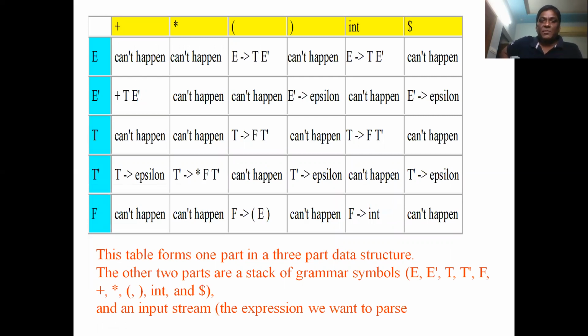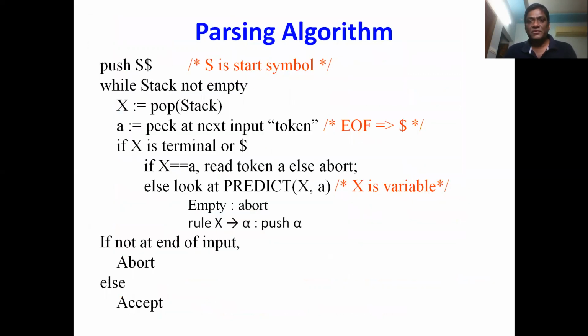The cannot happen entries represent syntax errors in this table. And if a field contains any production, it means there is no syntax error. The parser can process it. Otherwise, it will simply stop and produce a syntax error message. Right, so we are ready now. Our parse table is ready. And let us see how this parse table is utilized by the predictive parser program to verify whether a given statement is syntactically correct or not. We'll understand that with an example.